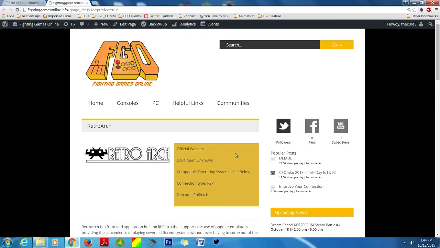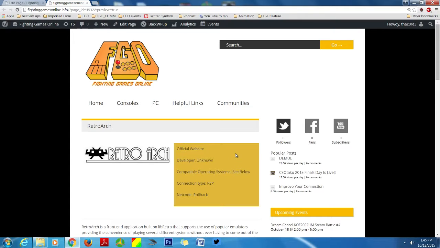Basically, RetroArch is a front end for another program which is called LibRetro. And of course, LibRetro sort of runs online. I'm not really familiar with the inner workings of it, but from what I understand, LibRetro allows you to have several emulators.